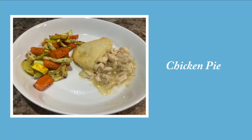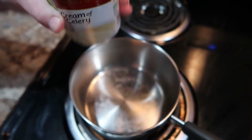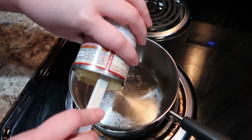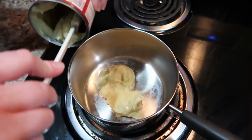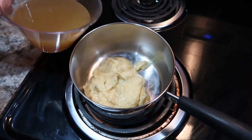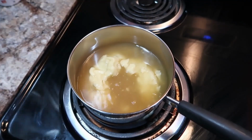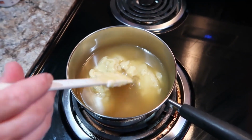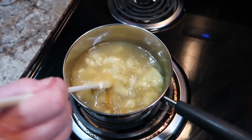So next up we have chicken pie. Now this was the first time I'd ever made this recipe. We're starting off with a can of cream of celery. I always get the healthy request version. It's a little bit better for you anyway. And I'm just putting that in the pot, and then I'm also going to add in 1.5 cups of chicken broth. Now you're just basically going to bring this to a boil, get it all incorporated together, it's going to make almost what I would call a gravy,